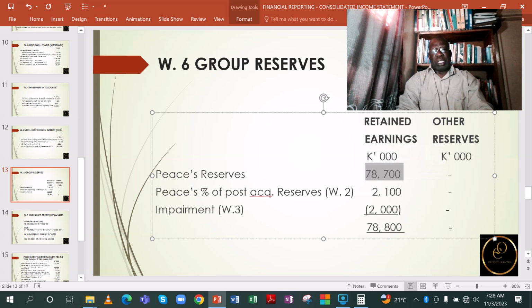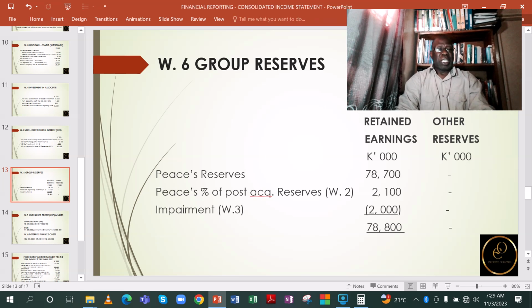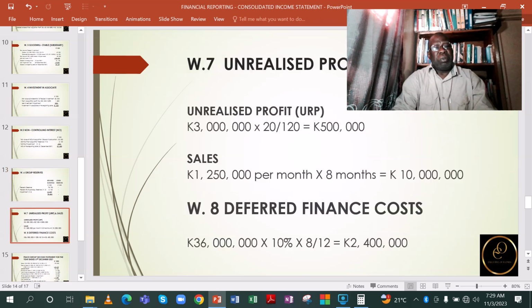And then you add to it the post-acquisition profit, in this case 2,100,000. And then you look at the impairment loss. This is 2 million to arrive at 78,800,000. So that's what you do. Then we move on to the next